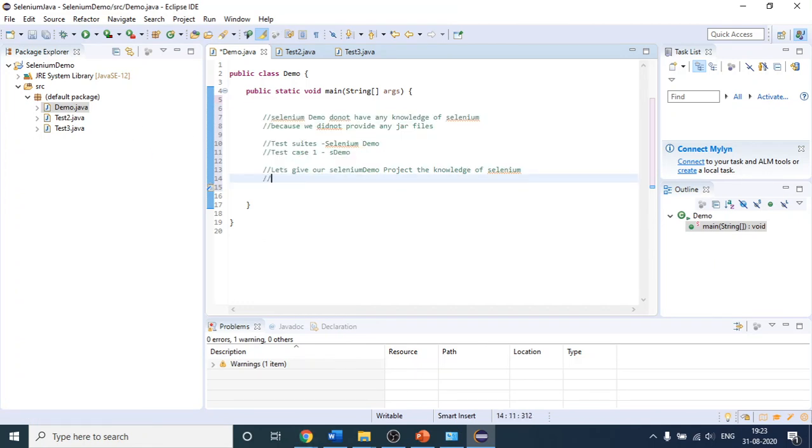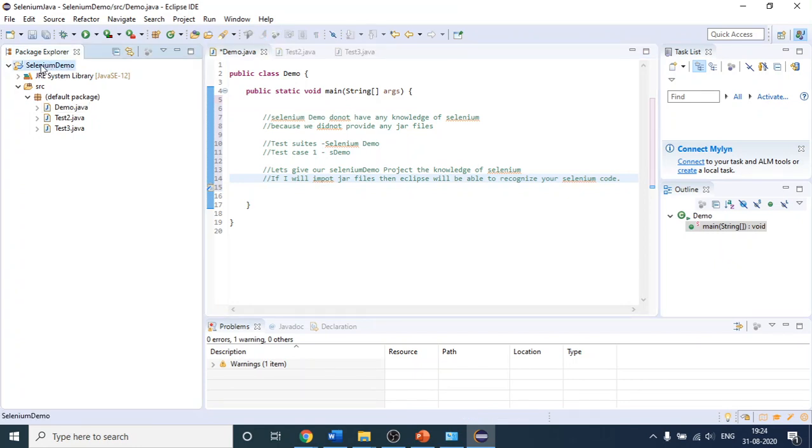If I import the jar files, then Eclipse will be able to recognize your Selenium code. So how are we going to import the jar files into this Selenium demo project?